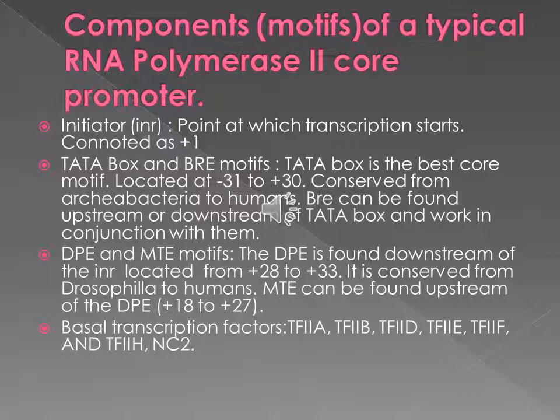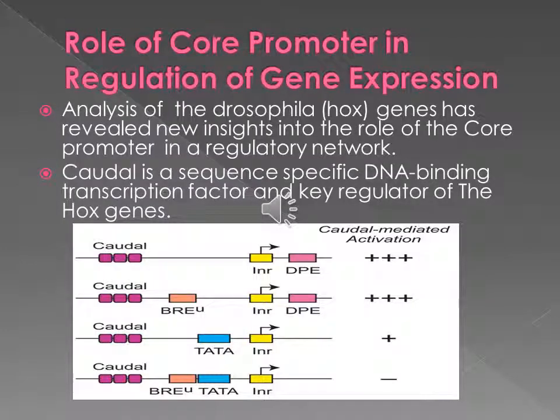The TATA box is the best known core promoter element and is located at -31 to -30 on the core promoter. The DPE is usually found downstream of the initiator, located from +28 to +33. The BRE usually works in conjunction with the TATA box, while the MCE works in conjunction with the DPE sequence motif. The Drosophila Hox gene was analyzed, and this has revealed new insights into the role of the core promoter